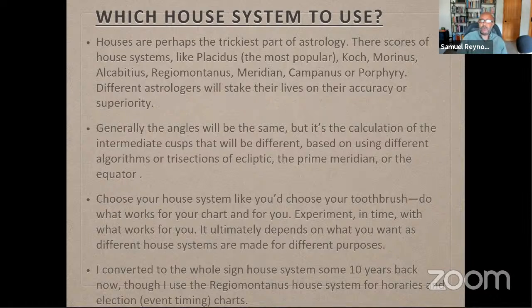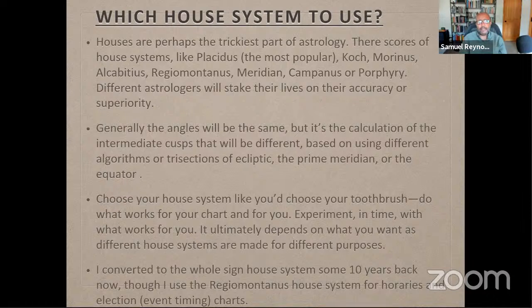And then that will go through an iteration of 7 planets, because we're using only the traditional 7 planets, which is not the outer planets of Uranus, Neptune, and Pluto. And then it starts again. And then we'll be in a moon hour and go through until we get to dusk. And then we start at a different point. So Placidus is a system that relates very much to that. Now, I went to whole sign house system some 10 years back, and it's probably more than that now. I mean, I should update that.